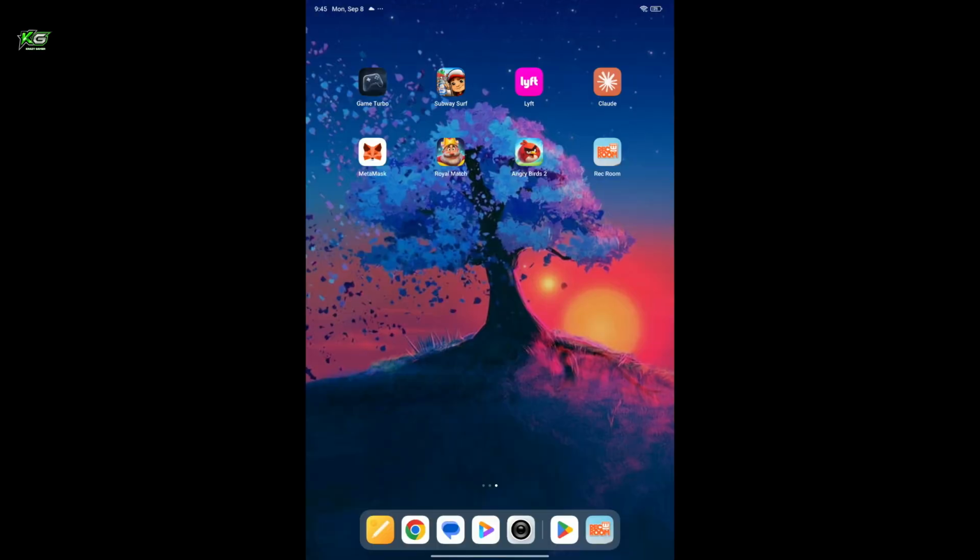app on your Android. Now you can go ahead and sign in with your existing Rec Room account or create a new one. And that's how you can easily download and install Rec Room on your Android in just a